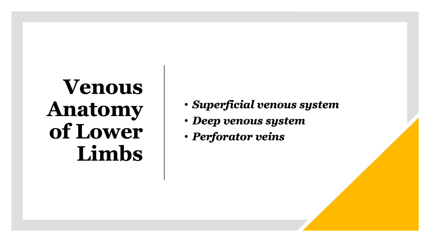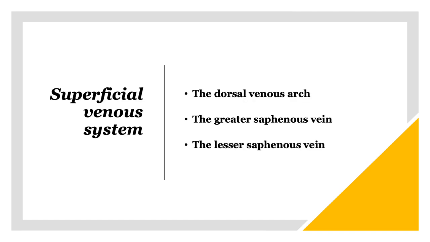First, I'd like to remind you of the venous anatomy of the lower limbs. As you know, the venous system of the lower limbs is divided into the deep venous system and the superficial venous system. Okay, starting with the superficial venous system,